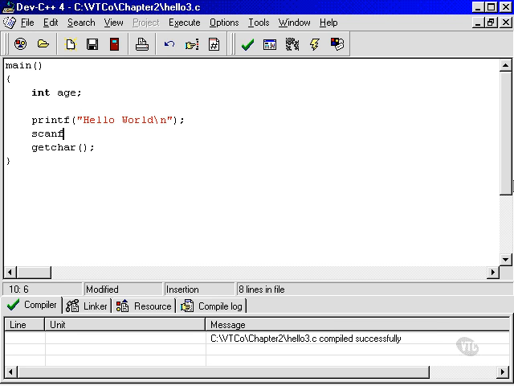However, what would happen then is the program would pause and wait for keyboard input, but the user would not know what they were supposed to enter. All they'd see would be the words hello world, and suddenly the program would be waiting. They wouldn't know that they're supposed to enter the age. So in order to make the program a little bit more user-friendly, we're going to add another printf, just like